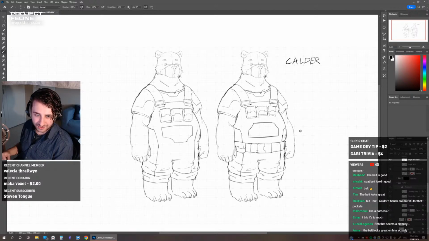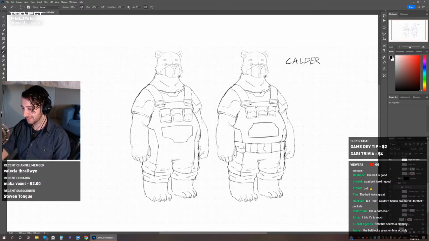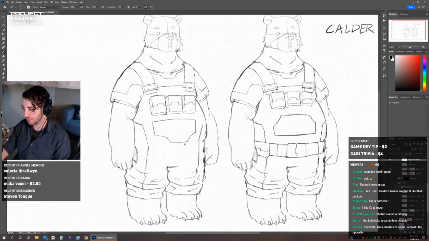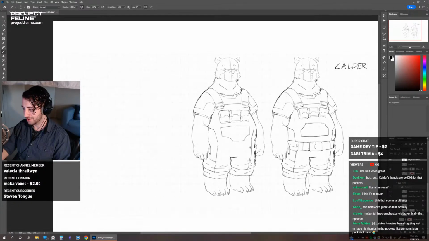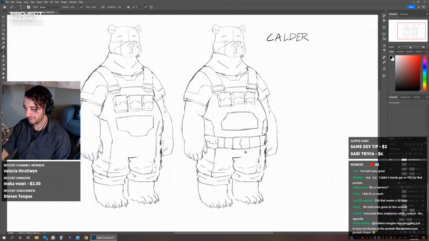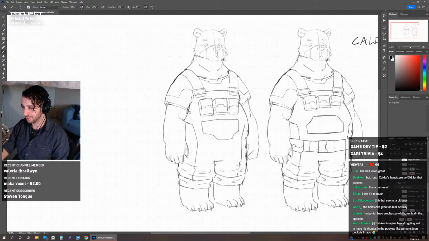ENIAC thinks it's too much. Seatbelt looking good. What color am I planning? I'm not sure yet, but we'll figure that out. You're like, okay, people like the belt, cool. Because on the one hand, it looks more like overalls in this one, more comfortable, but this one looks more like he's working, like he's on a farm.